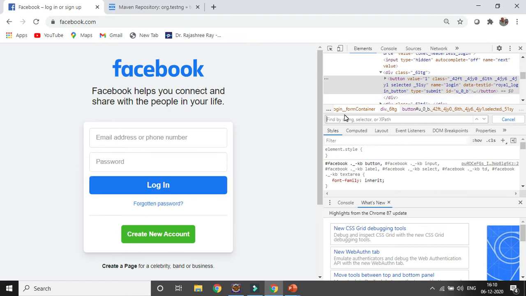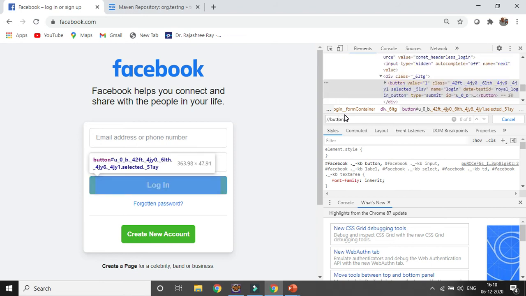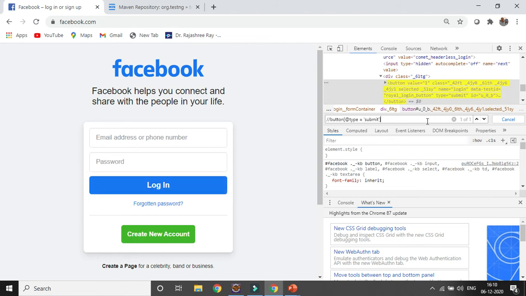The tag name is button, so //button, then square bracket, and you need to give @type equal to 'submit' within single quotes. You can see only one element is found, which is fine. So this is the XPath I have created.